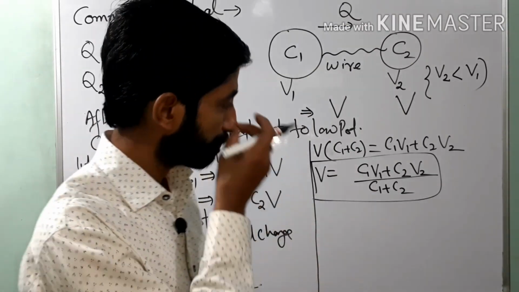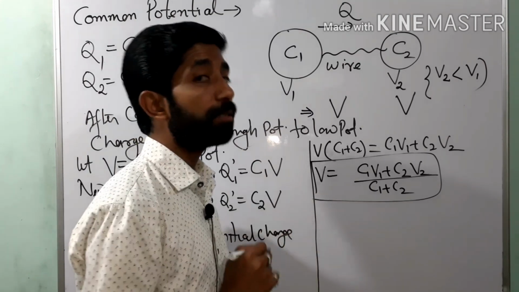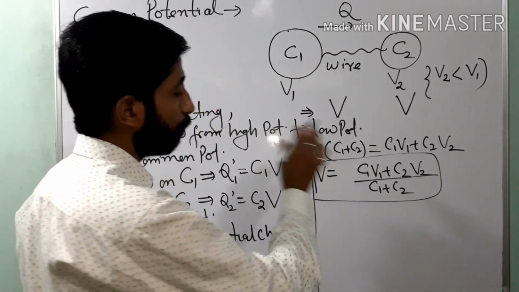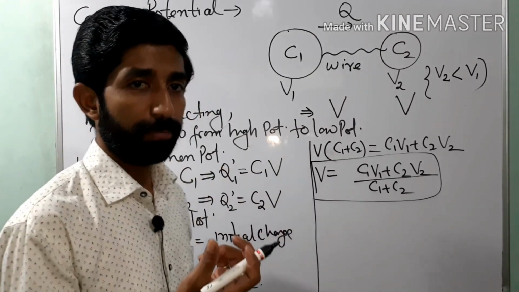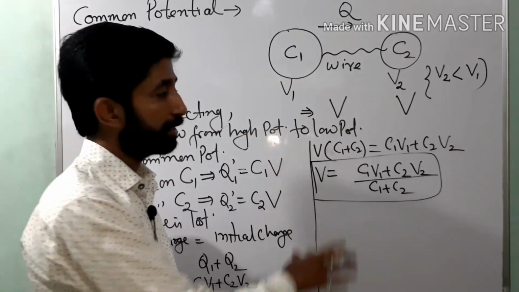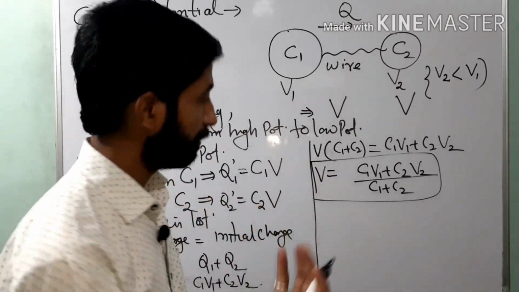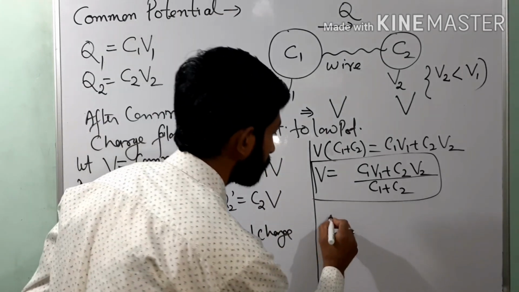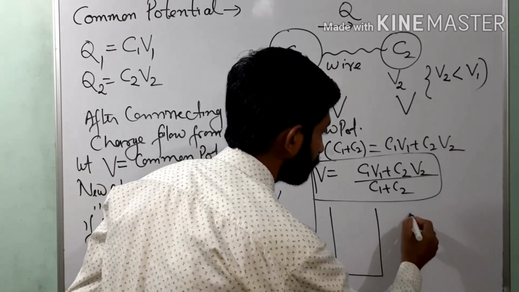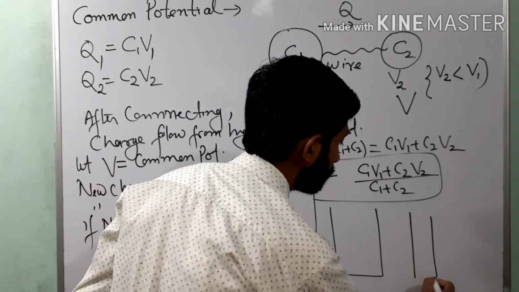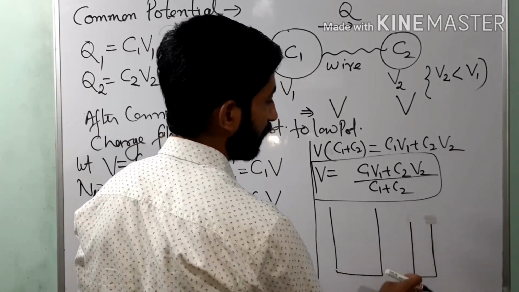Now it means the system has arrived at this common potential. Now what is the philosophy behind this? You can simply understand it by a common example. This is what the physics tells about; this is the mathematics we have done. Now we can understand it in a simple manner. Consider we have two containers, one bigger and one smaller, maybe of different heights and different volume,